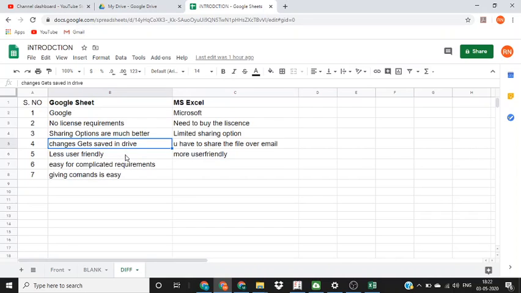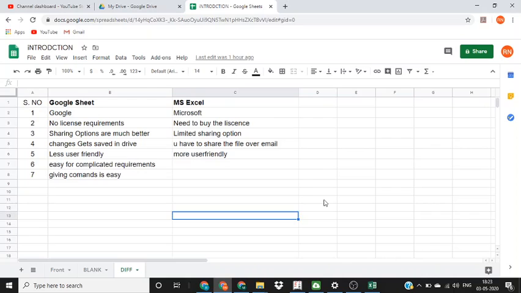Now, Google Sheet as compared to Excel is less user friendly, for an obvious reason that we have used MS Excel for a longer period of time. As I have learned, many shortcuts that I use in MS Excel do not work in Google Sheet. So if you want to work on Google Sheet on a regular basis, I think you need to identify those shortcuts. Definitely some shortcuts will be available, but then we need to identify them. And once you use Google Sheet regularly, you may get accustomed to them also.